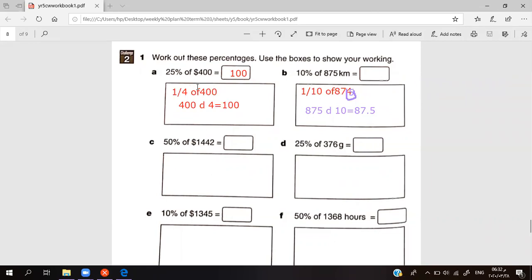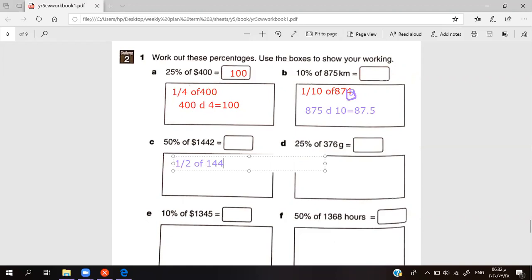Like this, I answered with you A, B, and I will answer C, and I will let you answer D, E, and F on your own. A 50% represents what fraction? 50% represents a half. So half of